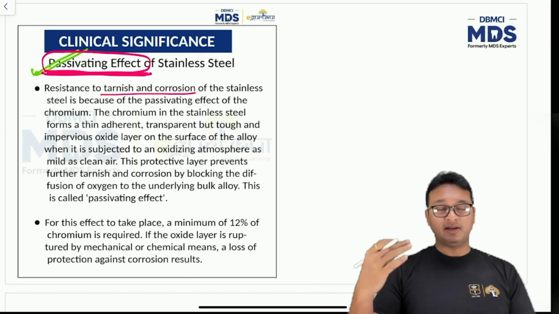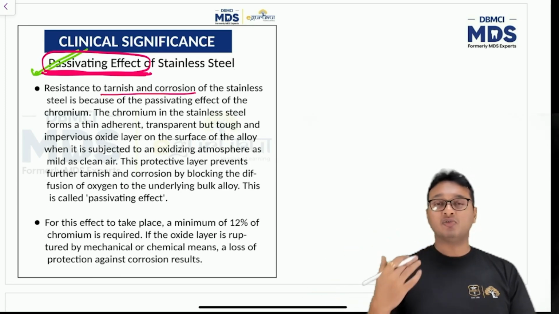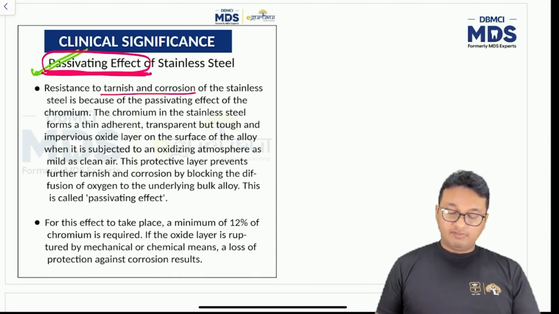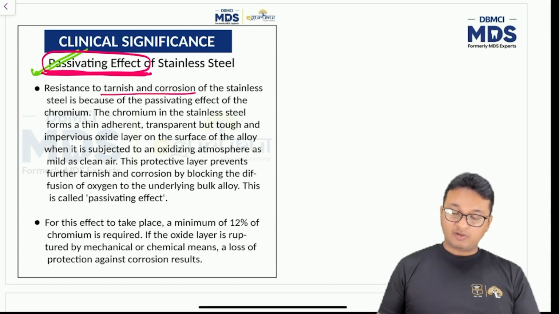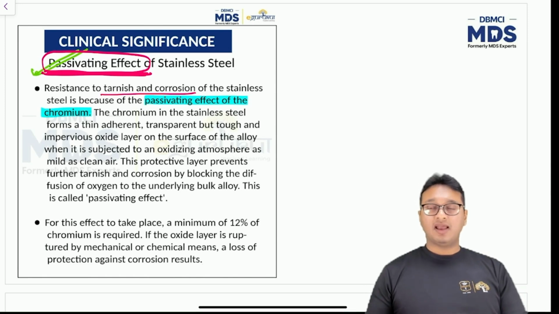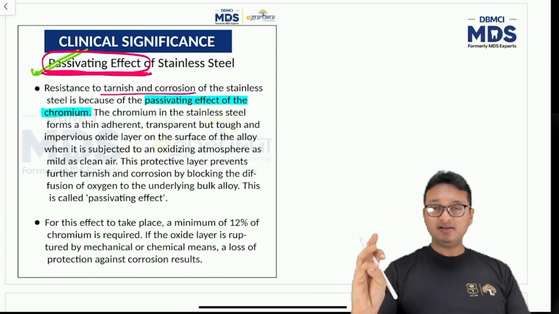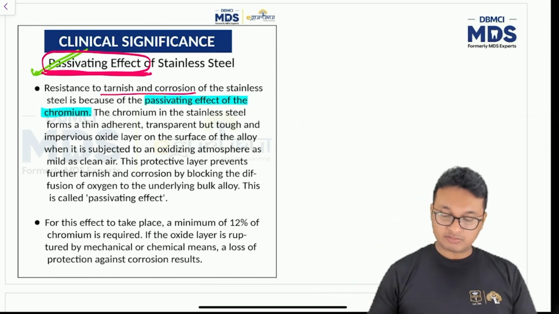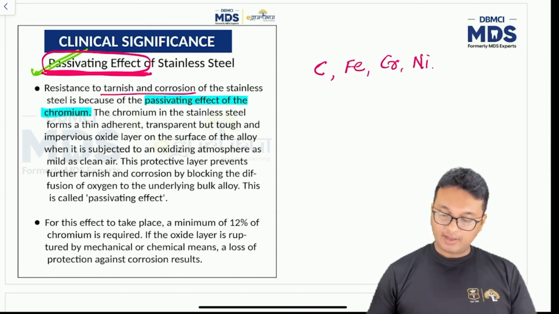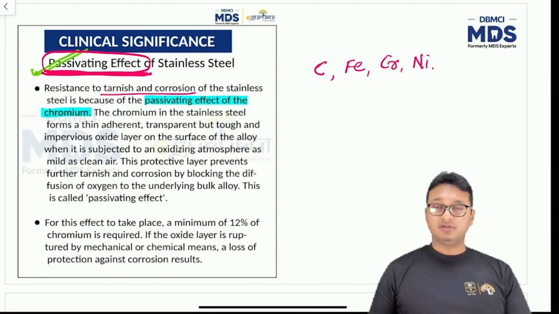Any environment. It could be atmospheric environment, it could be environment within the oral cavity, or any part within the body, right? So, resistance to tarnish and corrosion of stainless steel is because of the passivating effect of the chromium. Now, stainless steel has got carbon, iron, chromium, and nickel added into it. Carbon, iron, chromium, and nickel. So these are the four elements which are the primary elements in the alloy called stainless steel,